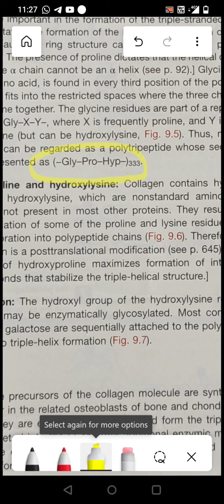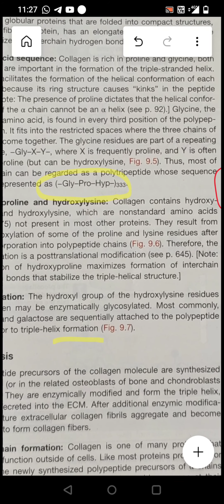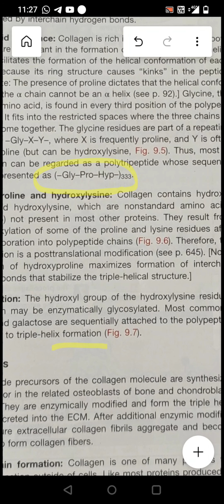You will study in the synthesis as a part of post translation, there hydroxylation takes place. Hydroxylation is a post translational modification. Remember that. And this post translational modification leads to the formation of hydroxyproline and hydroxylysine, and so